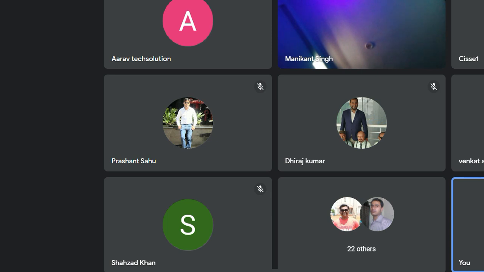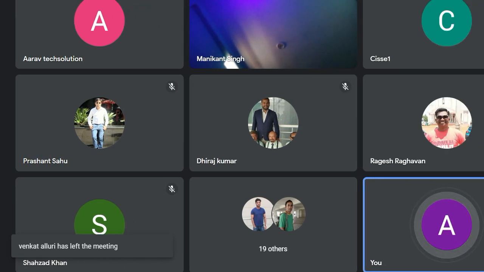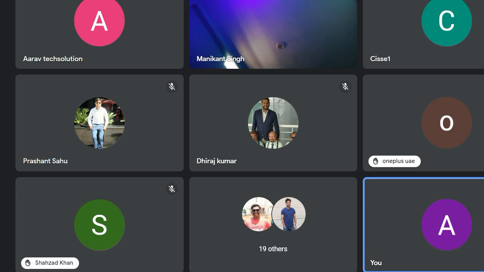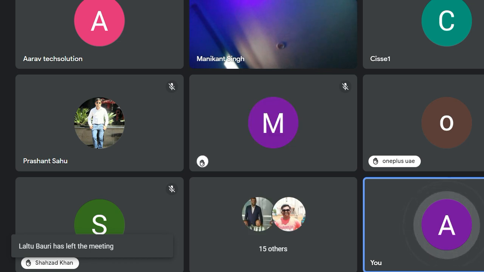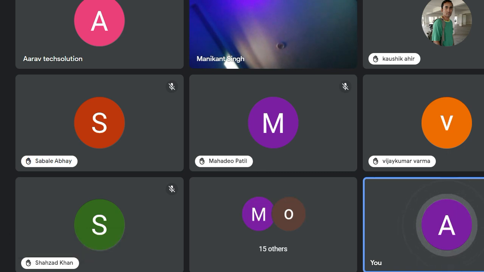So guys, who is ready to join? Raise your hand. Who wants to change your domain? Only 2 candidates are ready to change, or are the rest still wanting to work in traditional telecom with a lower package? 3. We are seeing 3 candidates. 4, 5. Vijay Kumar, is it Vijay Verma or something else?